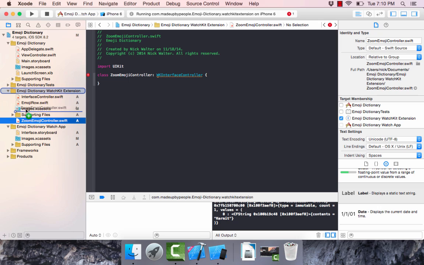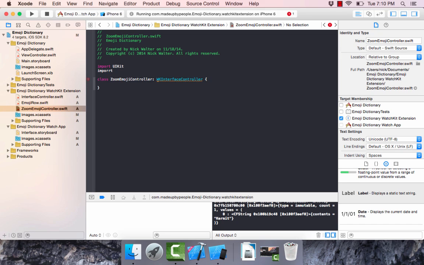So I'm just going to move this up with our other files here. And again, you'll see we have an error inside of here, and that's because we have to do this import WatchKit. Hopefully this improves with later versions of Xcode. But once you have that done,